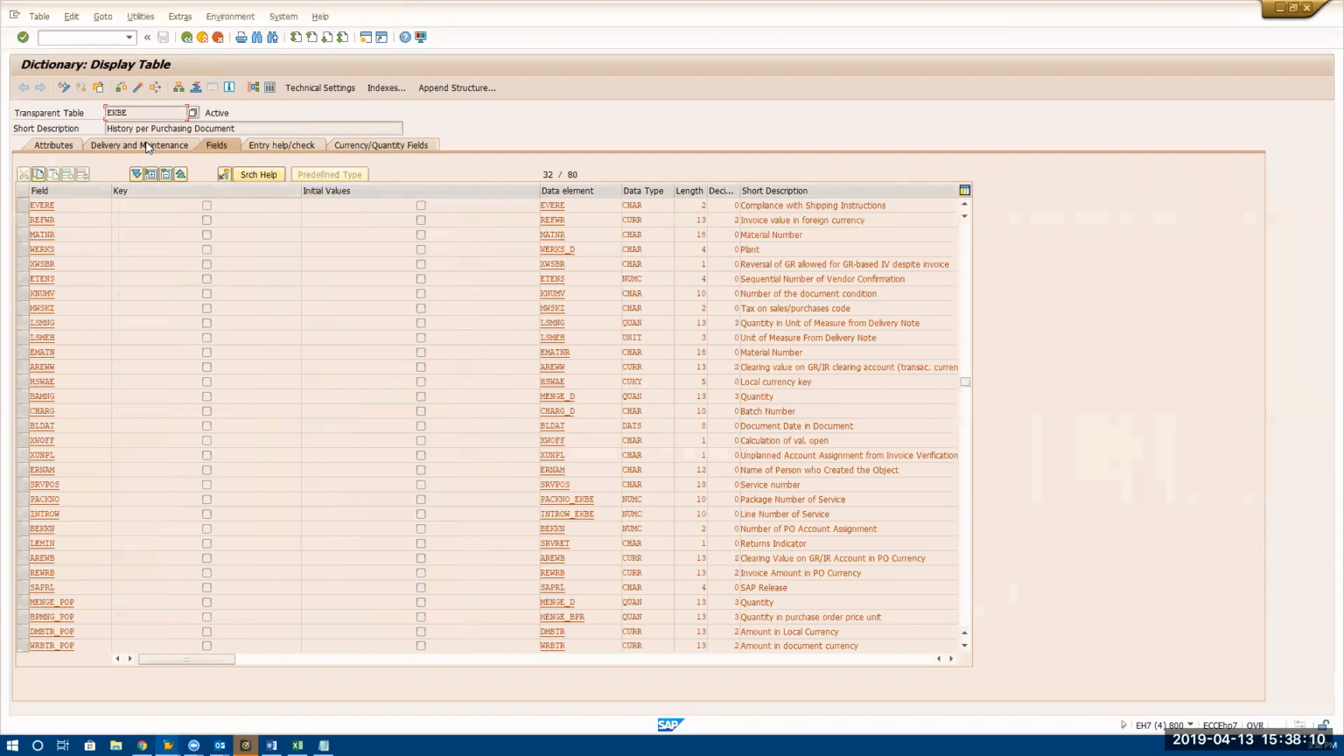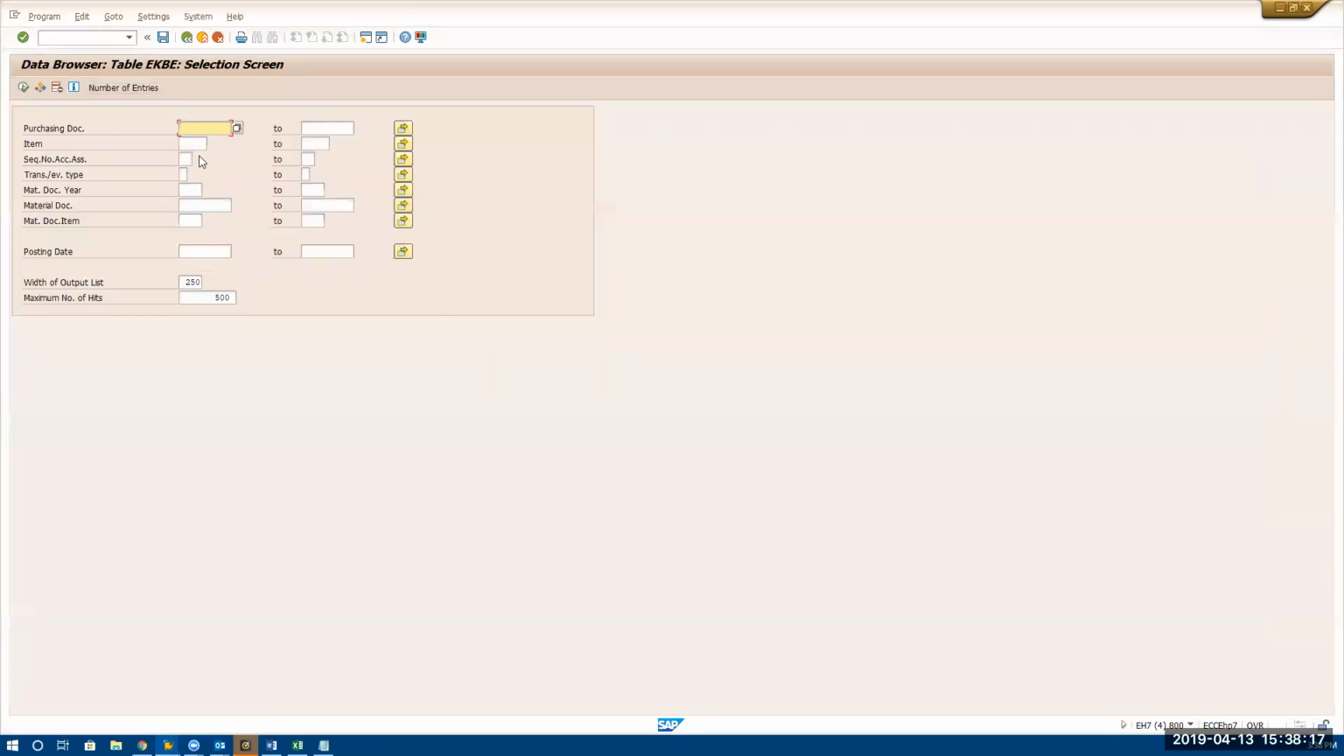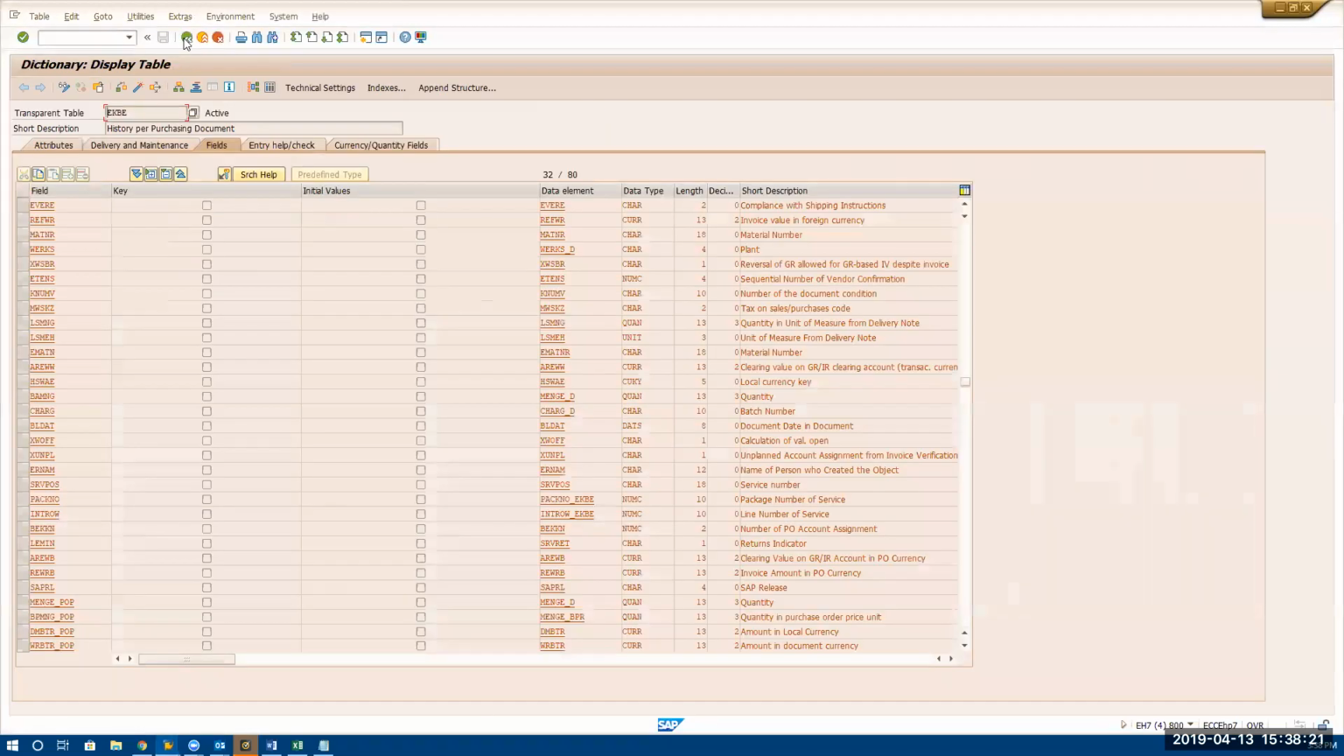What is the use of the table? I think you can go from here to check the contents directly from here. It will take you to SE16. From SE11, it goes to SE16, SE11 to SE16. Now, the reason I brought you here is, these are information